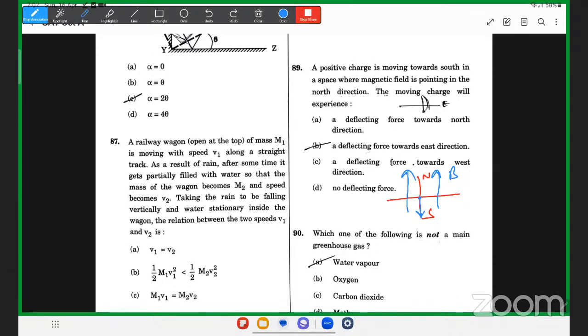नॉर्थ डायरेक्शन में अगर मैग्नेटिक फील्ड है और साउथ में पार्टिकल जा रहा है तो ये पैरेलल जा रहा है, और अगर पैरेलल है तो F इक्वल्स टू qvB sin theta, पैरेलल वाले केस में मैग्नेटिक फील्ड और वेलोसिटी के बीच 0 डिग्री एंगल, तो फोर्स 0 होगा, तो ऑप्शन डी बनेगा। पार्टिकल क्योंकि साउथ डायरेक्शन में जा रहा है और नॉर्थ डायरेक्शन में मैग्नेटिक फील्ड है, तो वेलोसिटी और मैग्नेटिक फील्ड B के बीच 180 डिग्री एंगल है, और इस केस में sin 180 0 होगा, इसलिए फोर्स भी 0 होगा, तो कोई डिफ्लेक्टिंग फोर्स नहीं होगा।